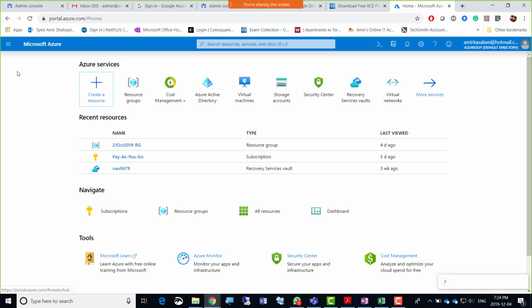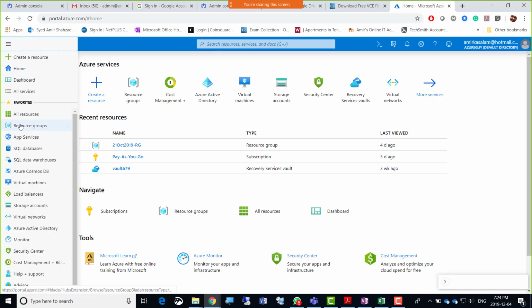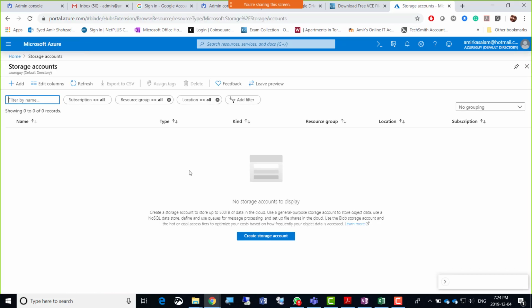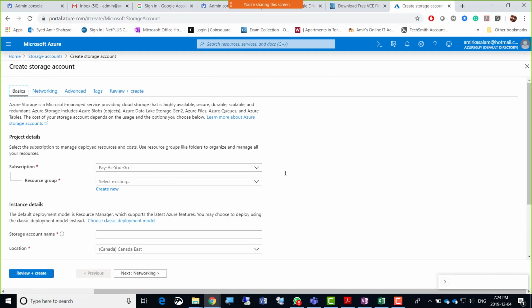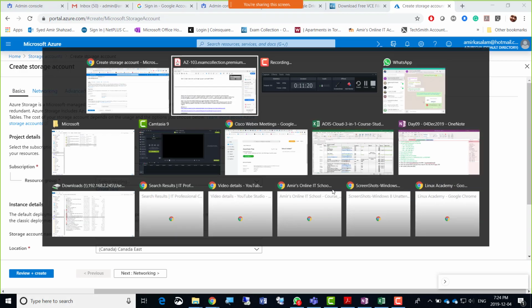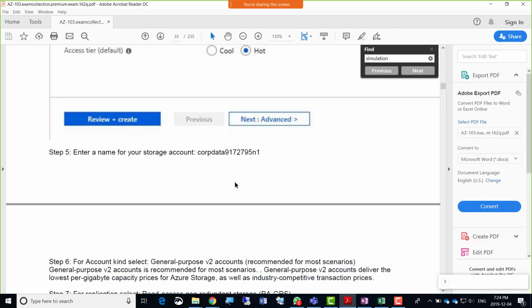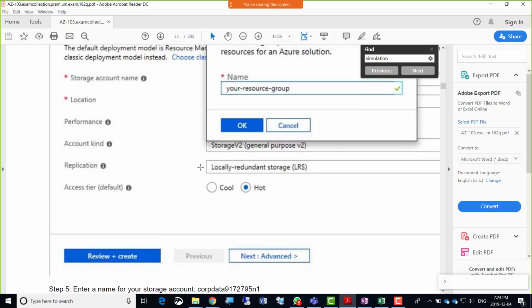So I'm just going for here, click and go to storage account, this one. And when the wizard starts, click the add button here. I'm just gonna quickly do that, guys, so you could have a recording there and you can follow up with a resource group, which we have already talked about. I'm just gonna go back to that. Resource group name is this, storage account name, right?